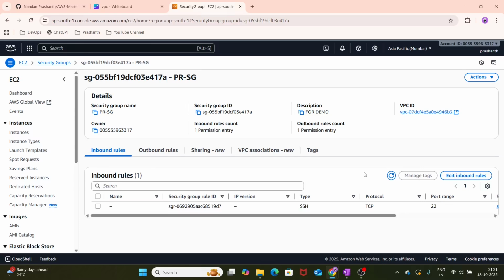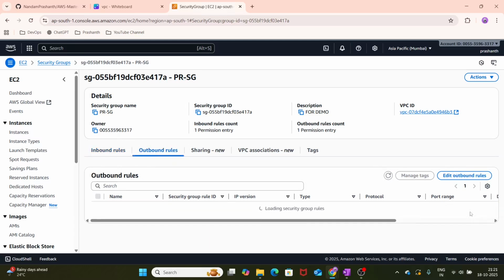So if you do not have the SSH rule in inbound, it will not allow you, which means we are allowing someone to enter into our instances, and that is happening because of the inbound rule, which is port 22, an SSH port. We can also have multiple ports for the inbound rules based on our requirement when we are doing any project. And for outbound rules,